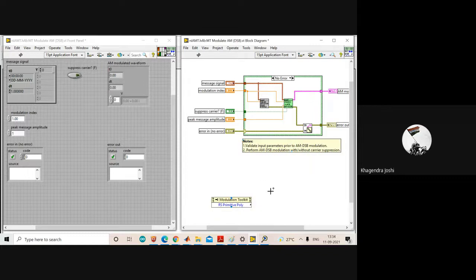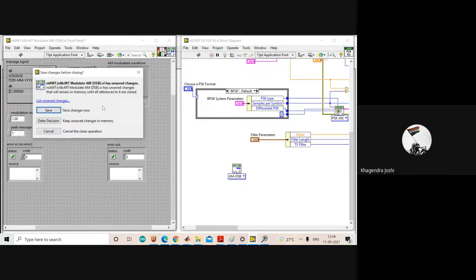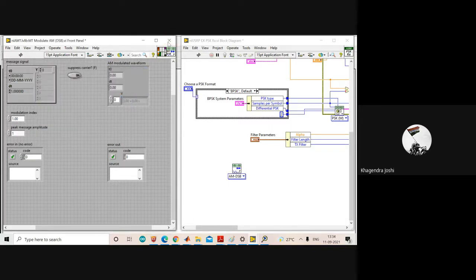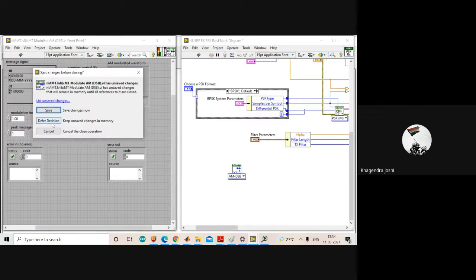So just explore, and I think that will be more helpful for you on the 19th, because at that time you will have more doubts to ask. That particular person is more expert on LabVIEW, so he can guide you in a better way. And